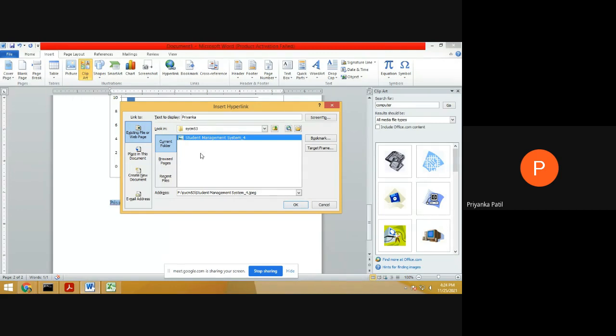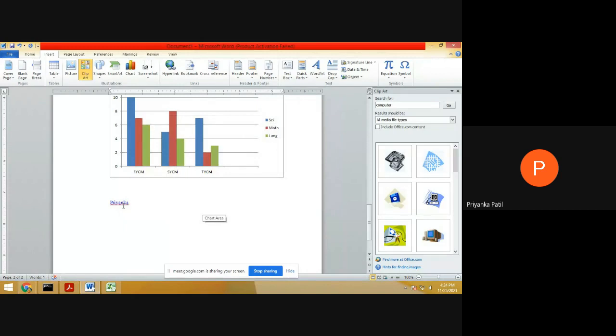Select that parameter and click OK. The color of that word changes to blue. So whenever we click on that word, we can shift to the document which is linked with that word.